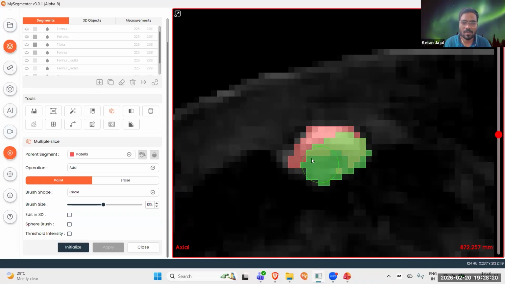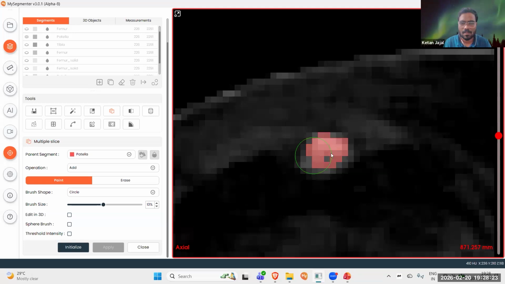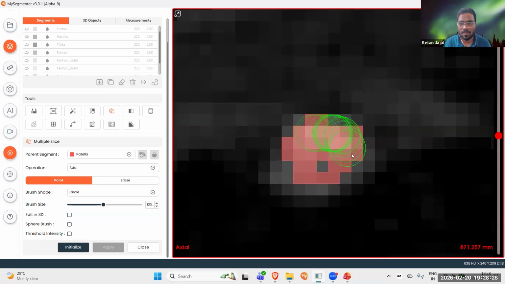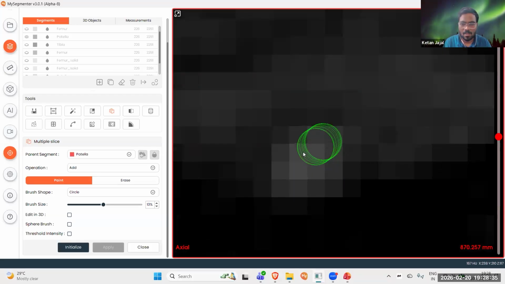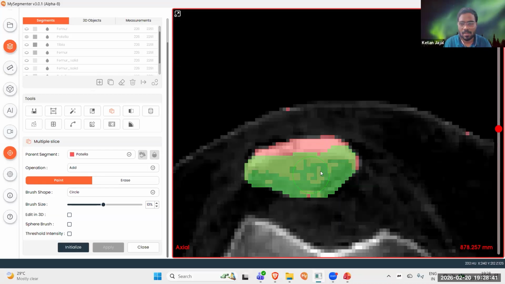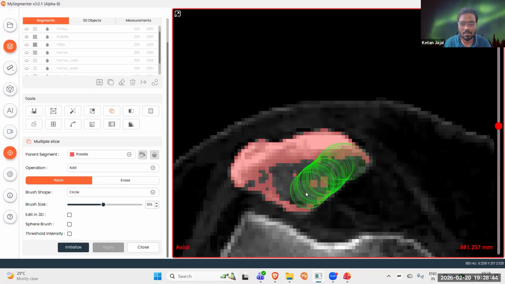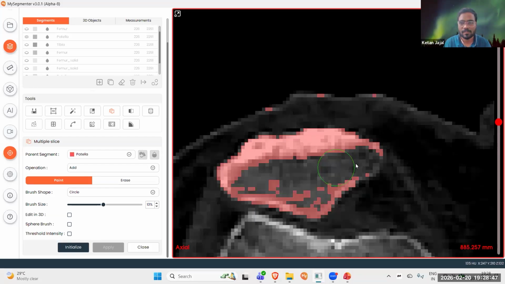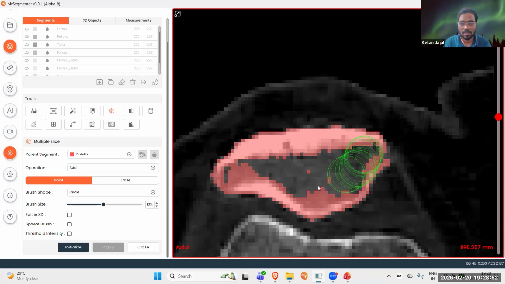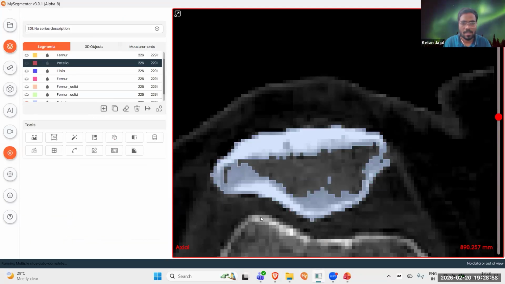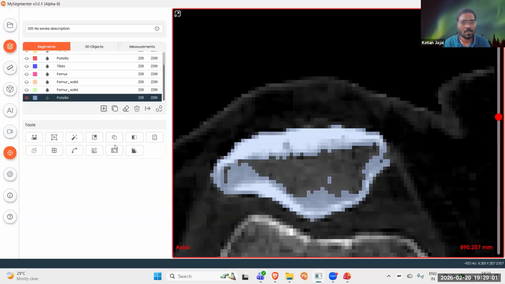zooming in by using control and middle mouse button, zooming in by clicking on these particular pixels that I wanted to cover. As this is the part of patella, so I need to cover these particular pixels. So now I need to also cover this part, covering this part, and clicking on initialize, apply, and have a couple of regions here,